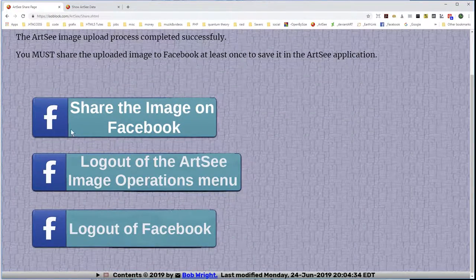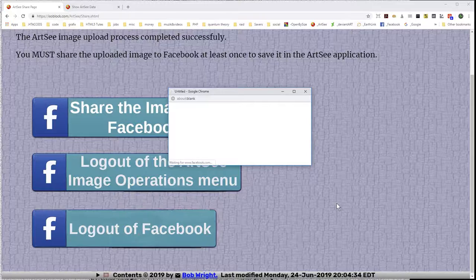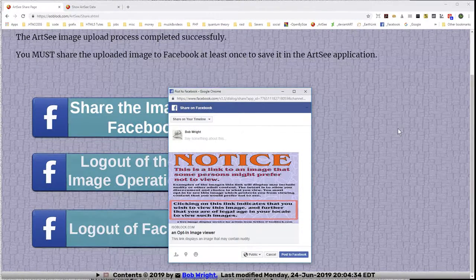This time, let's share it. Okay, hey, look. Facebook has given me a share dialog. And notice here that what Facebook is offering to share is not a picture of that newt. Instead, it's sharing this notice that gives a person the opportunity to determine for themselves whether or not they want to see that content. So let's name this newt 1 so we can keep track of these,